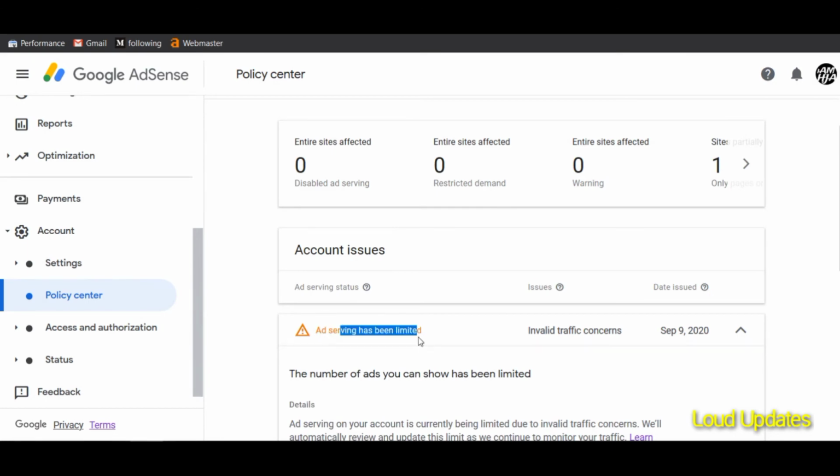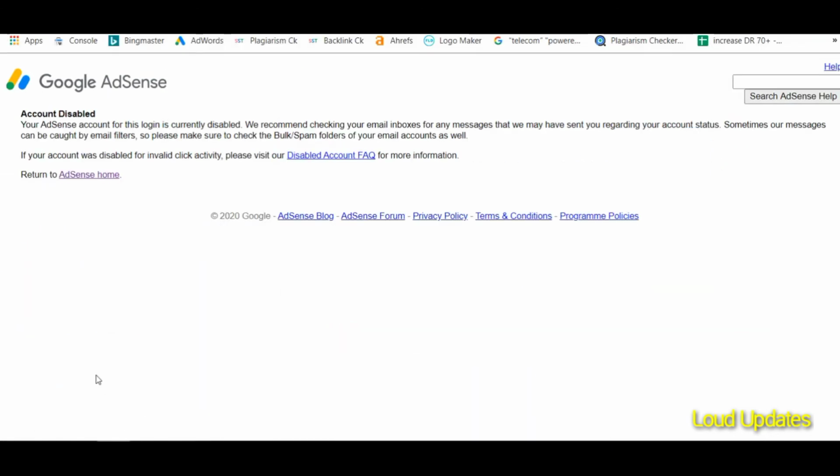So this plugin helps you avoid the ad serving limit, and second, the ad account being disabled permanently with no chance to recover your AdSense account.